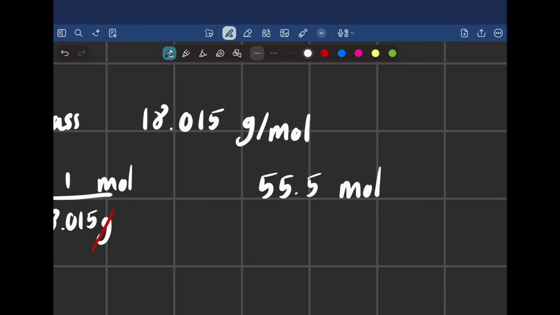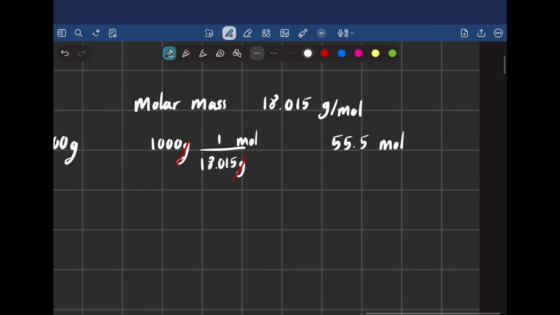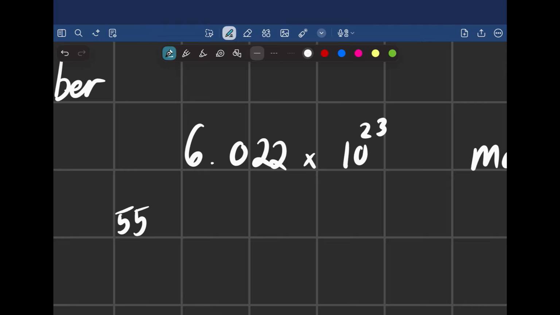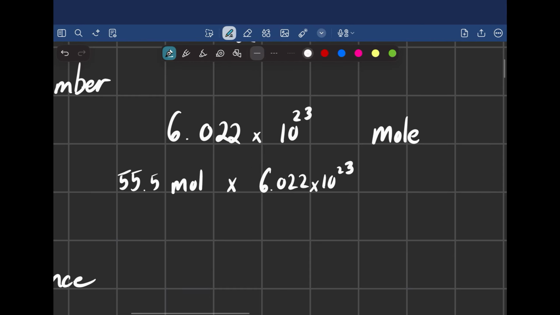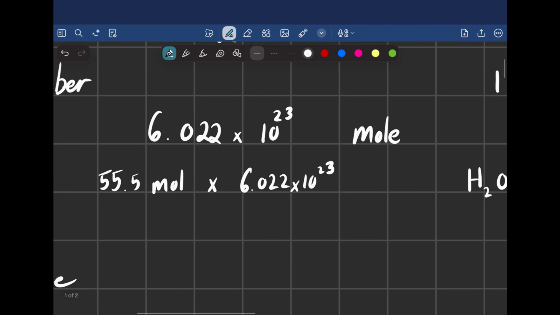Now, what does that mean? If we get 55.5 mole times this big number right here, 6.022 times 10 to the power of 23, we can actually calculate how many molecules of water there are, which means those little molecules of H2O, we can exactly calculate how many there are. If we multiply that out, that's about